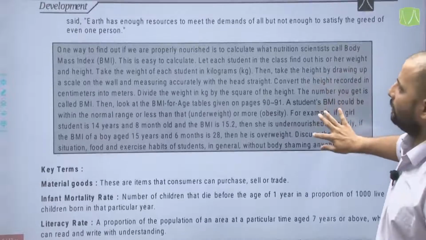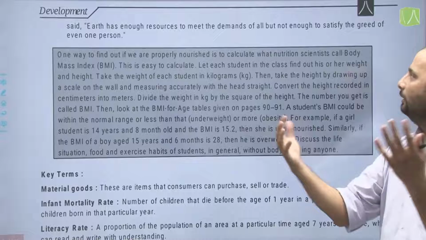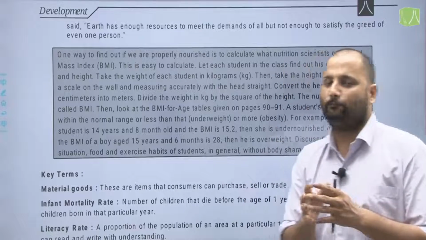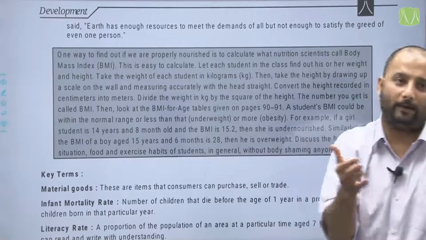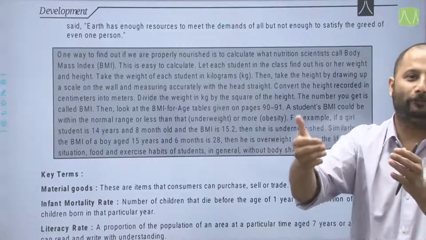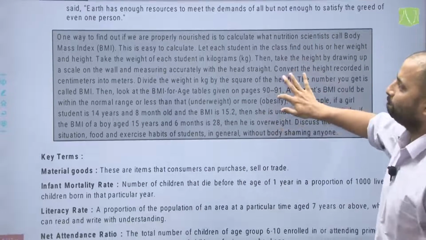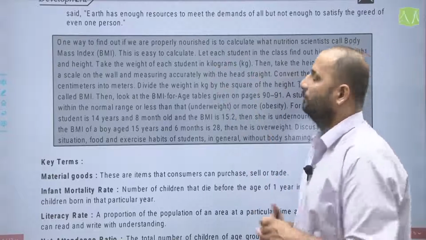So, most appropriately it has been said that earth has enough resources to meet the demands of all, but not enough to satisfy the greed of even one person, because greed is never finished. It is always increasing. Today you have some money, tomorrow you want more money, and the day after tomorrow you probably want more money. So, one way to find out